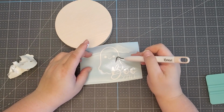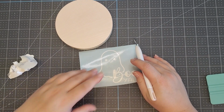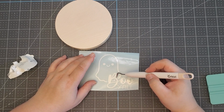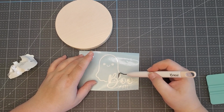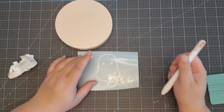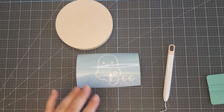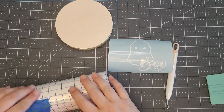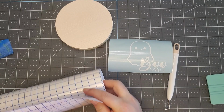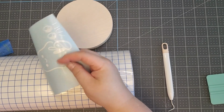so this was its own thing, and then I saw this SVG, and like I said, you'll see this in another project, and I wanted them to be connected together, so I created an offset of this SVG, and then I sliced the ghost so it can go within the design here. So I just created my own decal for this particular project here. So I'm just going to cut out my decal here, or my